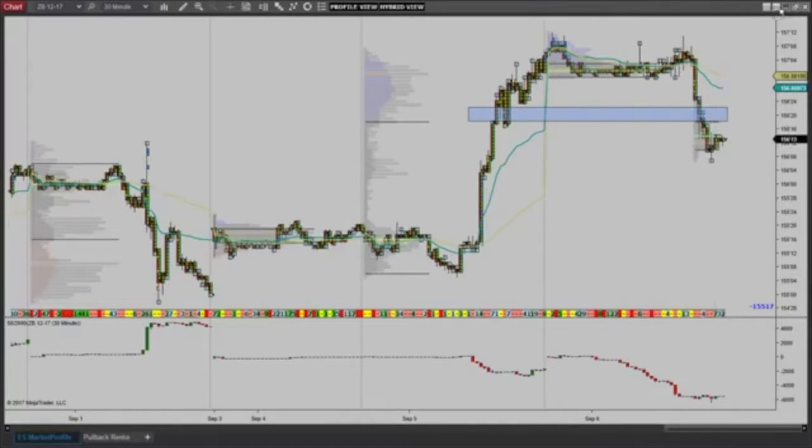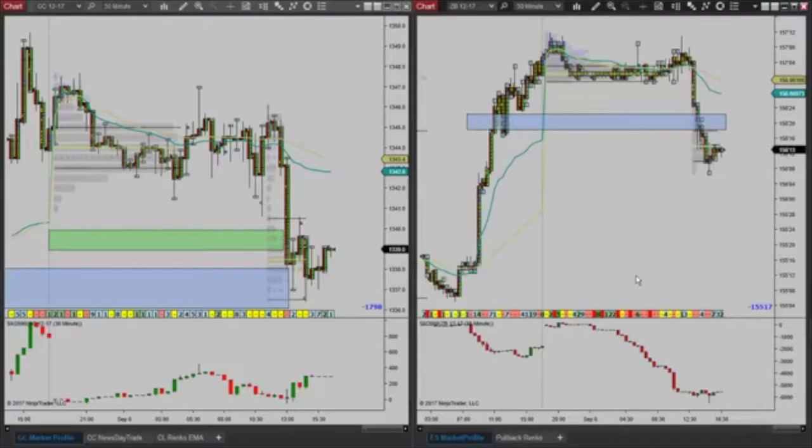All right, so that's all the time I have for today. Those were some of the trades I took for the day. We had a trending down pattern, so we figured let's try and